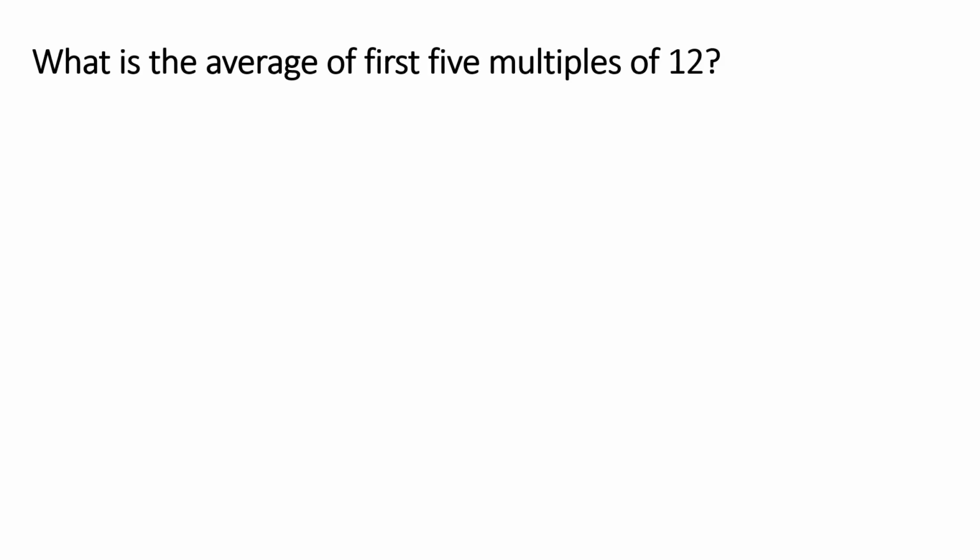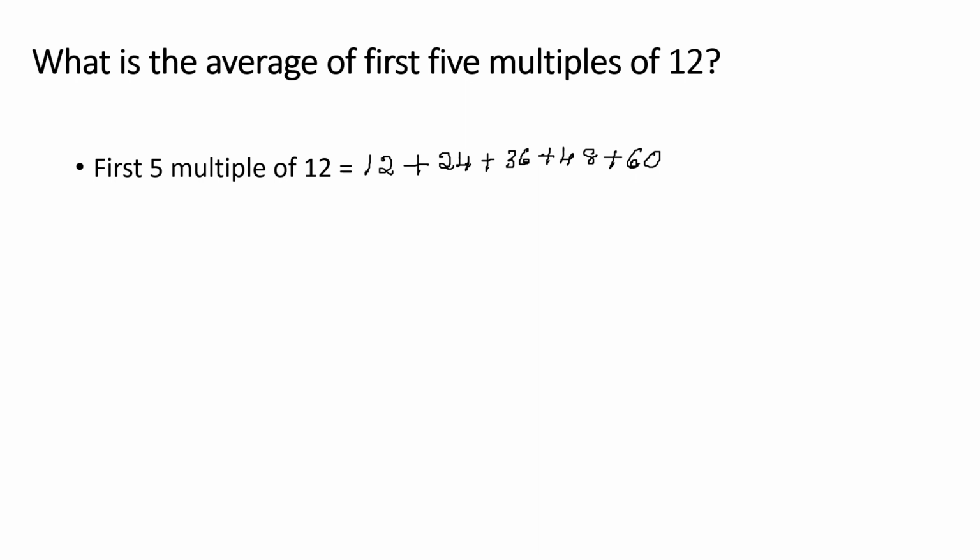Okay, let us solve some easy questions on average. First question, what is the average of the first 5 multiples of 12? The multiples of 12 are 12, 24, 36, 48, 60. We will find the total of this. So these are the first 5 multiples. Since we have to find the average, we need to find the total of these. So the sum of all these 5 numbers will be equal to